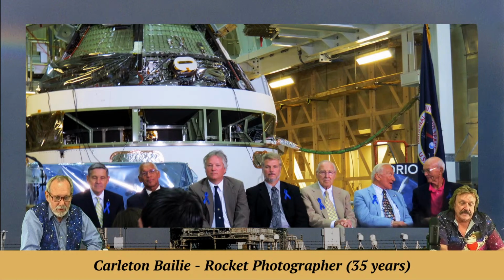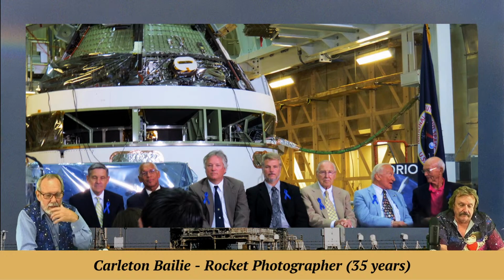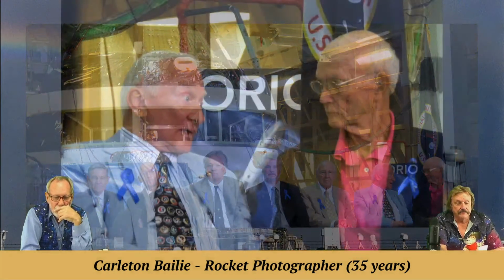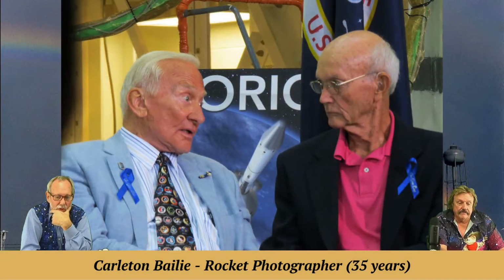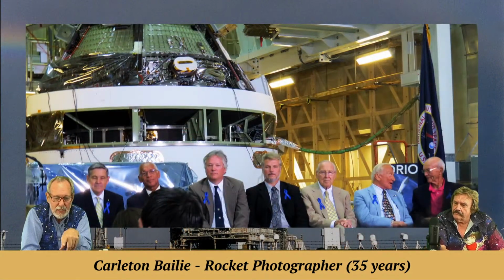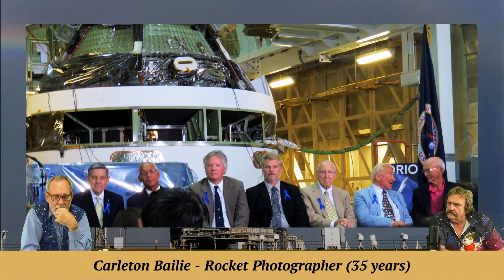Bob Cabana's on the left there. And on the far right, you have a close-up. I'll just show here right away, is Buzz Aldrin talking to Mike Collins. And, of course, Mike passed away a year ago, and Buzz is 92 years old. And right beside Buzz is Jim Lovell. And this was something to do with the Orion spacecraft out at the...